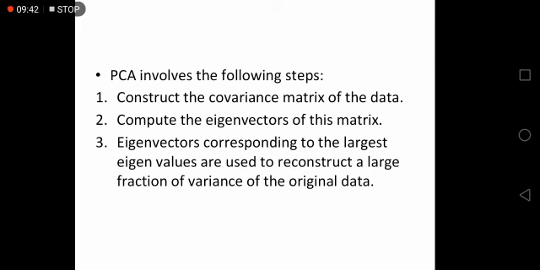Here the number of eigenvalues and eigenvectors depends upon how many features we are taking from the original data set. For example, if we choose 4 features from the original data set, then it will generate 4 eigenvalues and 4 eigenvectors. And finally we have to choose the largest eigenvalues in the last step.